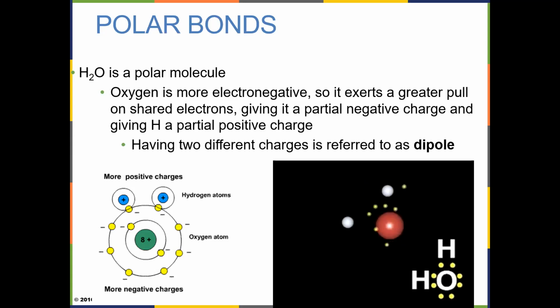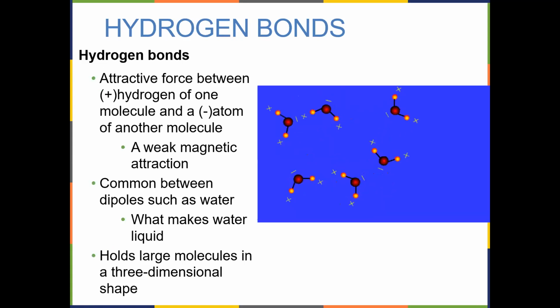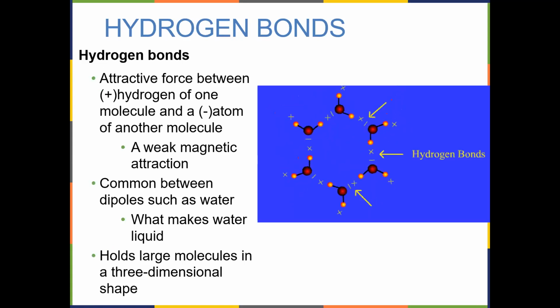They're still satisfying covalent bonding. They're still satisfying the valence shells of the hydrogens and the oxygen, but the electrons are slightly distorted in their orbits so that they spend a little more time around the oxygen. The oxygen end of the water molecule is slightly negative, and the hydrogen ends are slightly positive because you're pulling the electrons away from the positive hydrogens. And this allows the formation of what we call a hydrogen bond.